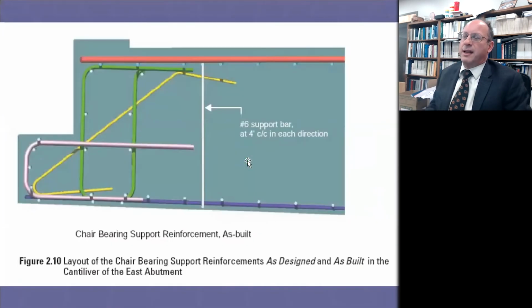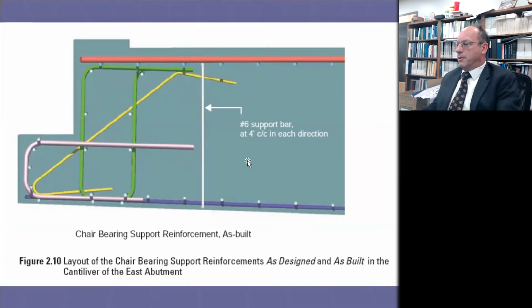And then this is actually what you had in the field, because there's a lot of steel there and it's kind of tough to get it all to come together. And then as designed and as built, what you actually end up with is that yellow bar really doesn't overlap with the red bar at all. And what you end up with, if you draw a line just below that red bar, you can essentially get one plane of completely unreinforced concrete that's holding the bridge up.